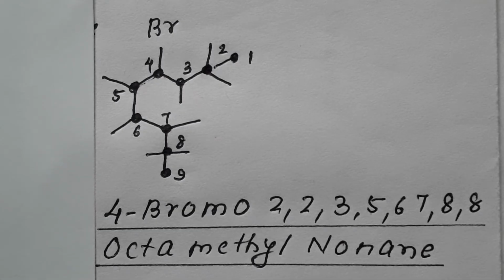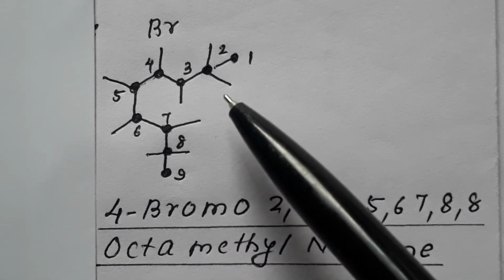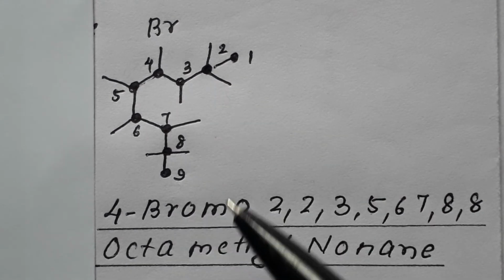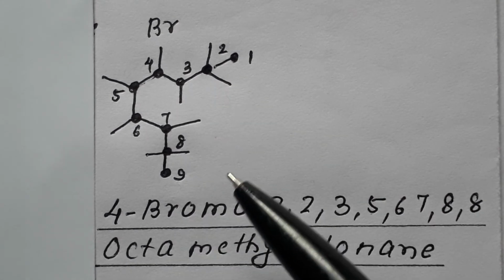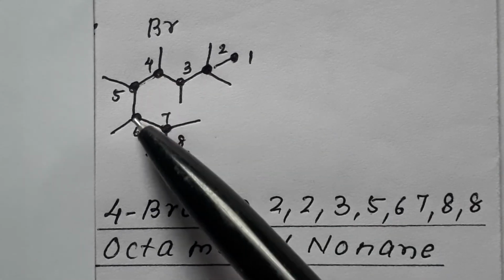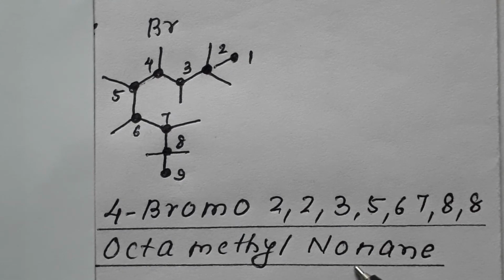Now let us discuss this molecule. This is a molecule given, again it is a condensed bondline structure, and this compound needs to be named. So numbering, the longest chain, 1, 2, 3, 4, 5, 6, 7, 8, 9 carbon chain is the longest chain. So 9 carbon is non, or single bond in nonane.